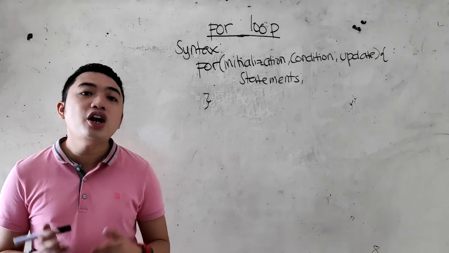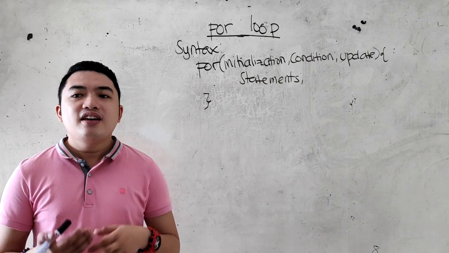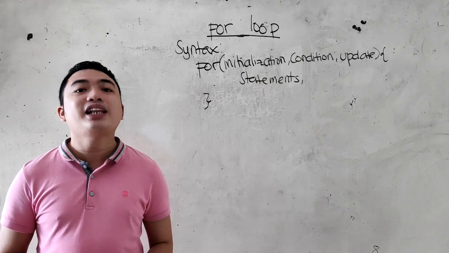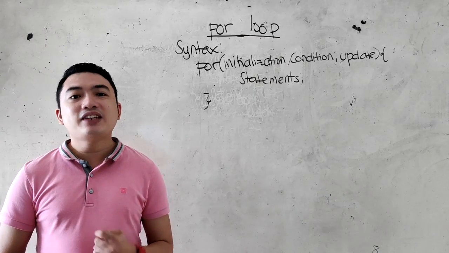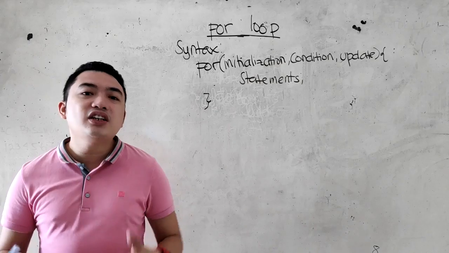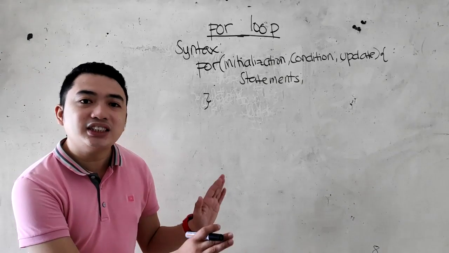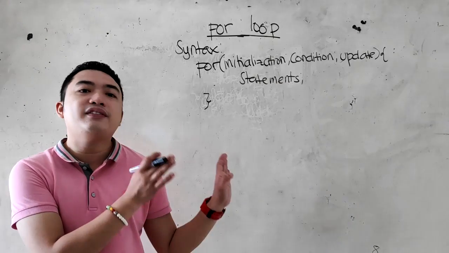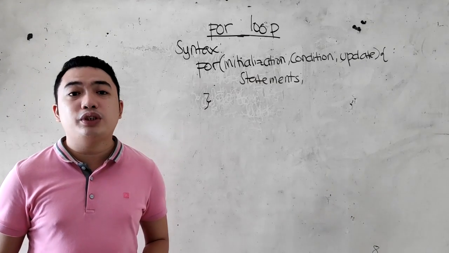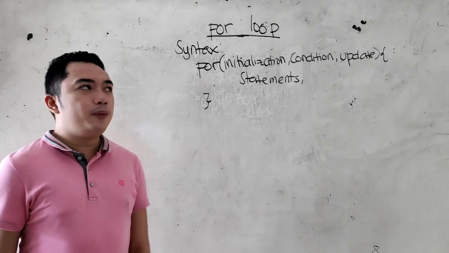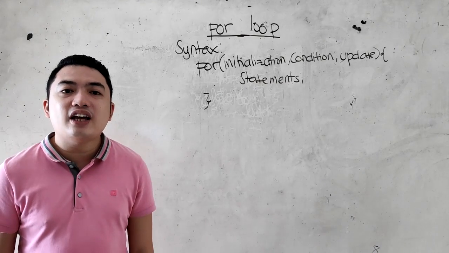A for loop is another repetition control structure that allows you to efficiently write a loop that needs to be executed a specific number of times. The difference from the while loop and do while loop is that it has a space for the increment, decrement, the condition, and any initializations that we will do. So let's start on the flow of control in the for loop.